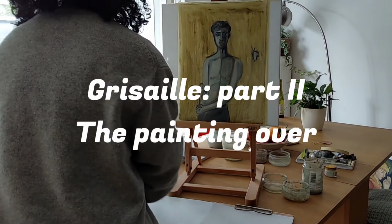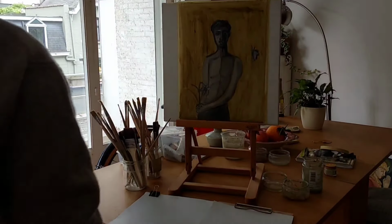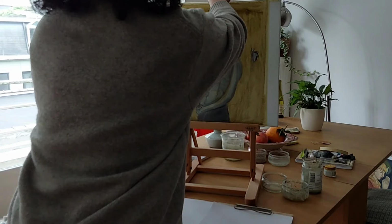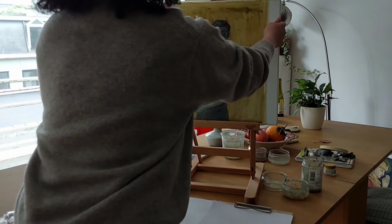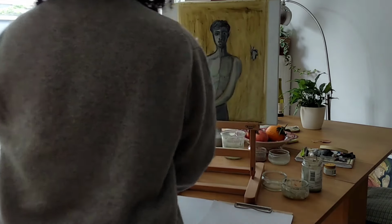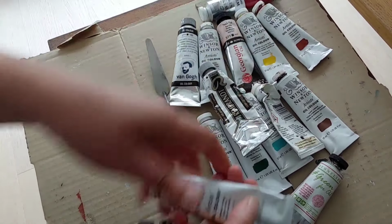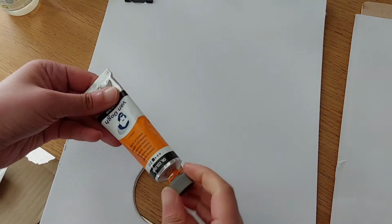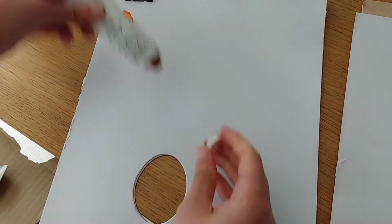This is the second part of the video that I did for the Grisaille, this oil painting method that I wanted to try for the first time. I will put a link to the previous video in my comment box section below. I wanted to try a new method regarding oil painting, and I wanted to test if this Grisaille method will be effective. In the previous video, I prepared the Grisaille and I let it dry, and now I will do